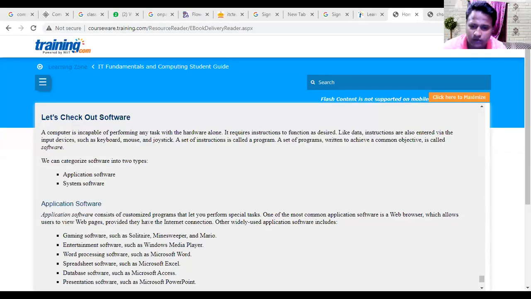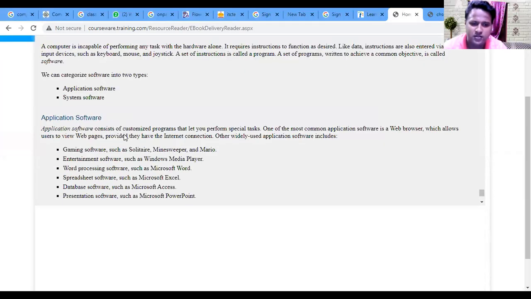One is application software. Application software consists of programs that let you perform special tasks. One of the most common application software is a web browser, like the Google browser you are using, which allows the user to view web pages provided they have an internet connection.